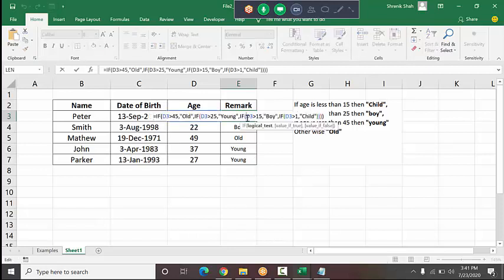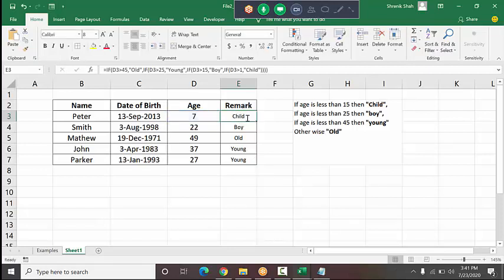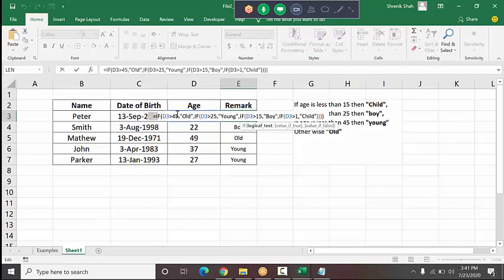So let me know your feedback. If you understood, then you type understood, or I can repeat the function again. So you learn this function once again.